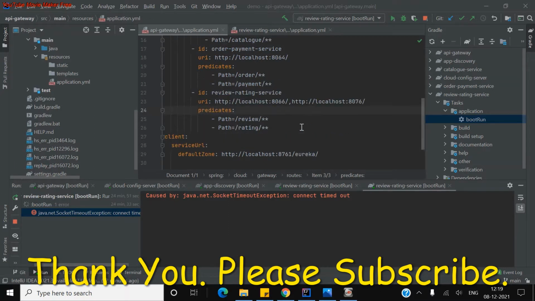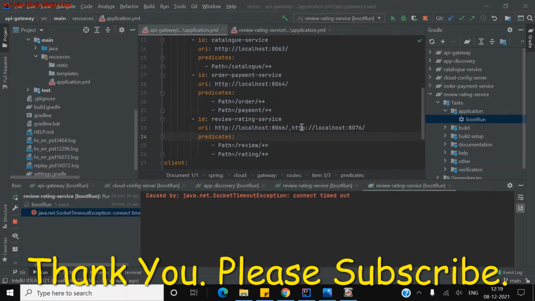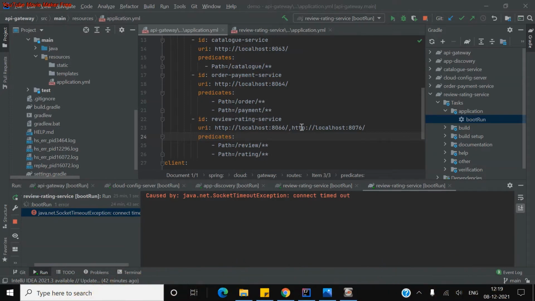As per my earlier video, I just showed how the load balancer works, but a lot of people are requesting how to configure it locally for testing and everything. So that is the reason I'm coming up with a small video where I'll demonstrate how you configure multiple instances and run those instances in your local.